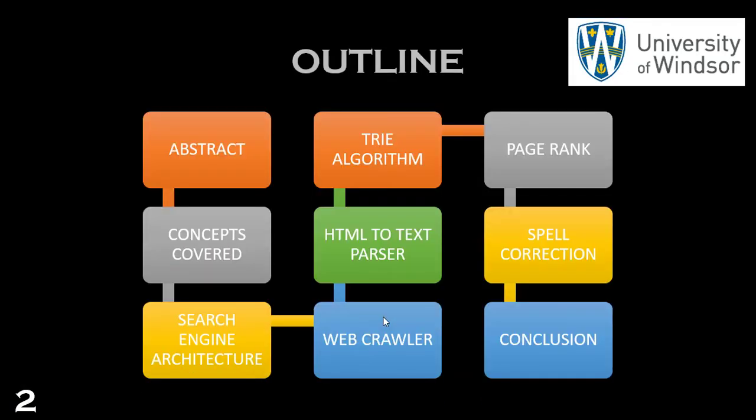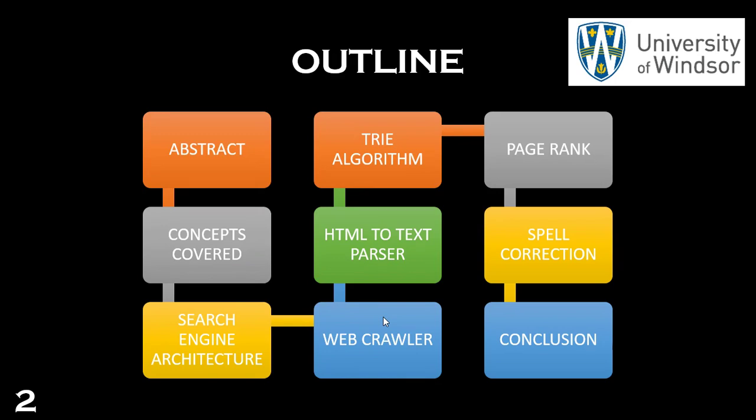So, first, let us look at the outline of the project. First, we have the abstract, where we go through the summary and the concepts outlined in it, and then we'll run through the concepts that the project covers. Basically, it has a lot of components associated with the project, so we'll go through them one by one. We will list them as well, and then the third thing we discuss here is the search engine architecture,